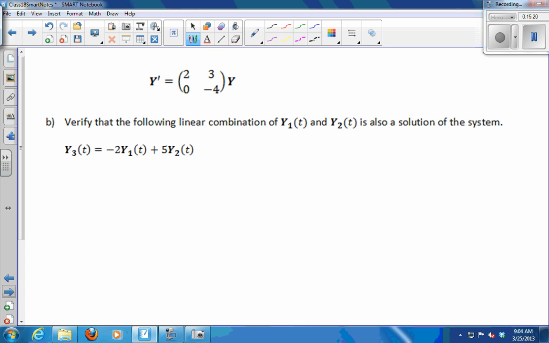Now, the linearity principle, the most important principle of linear systems, says that any linear combination of two known solutions is also a solution. So we had two solutions, y1 and y2. I should have written those down again too, sorry. y1 of t was, somebody read it back to me? E to the 2t and 0. And y2 of t